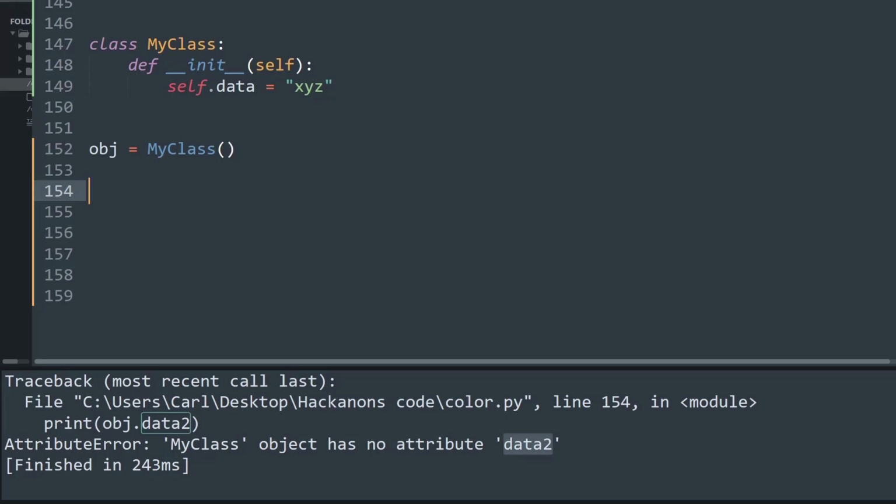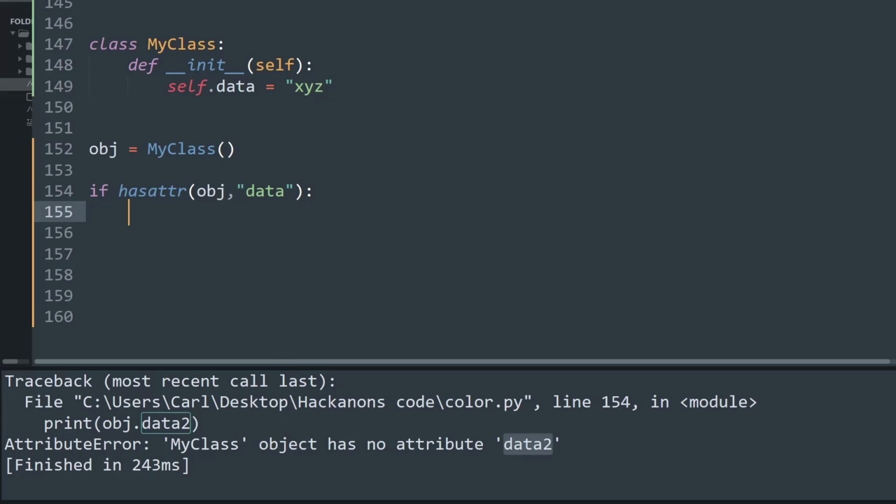Just create an if statement and call the function hasattr, and inside the parenthesis you will first put the object name, and the next argument will simply be a string of the attribute that you want to search for. So in this case I want to check whether an attribute named data exists,